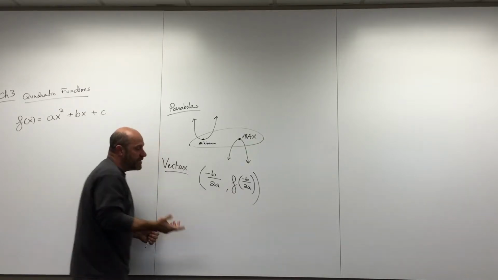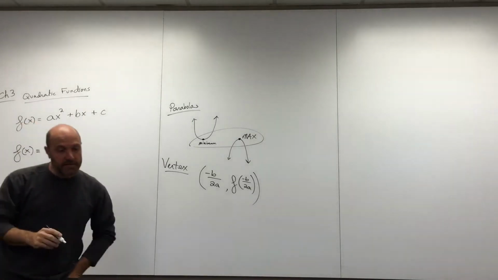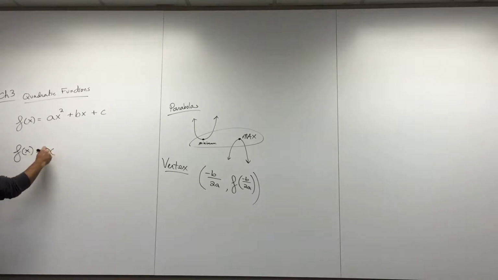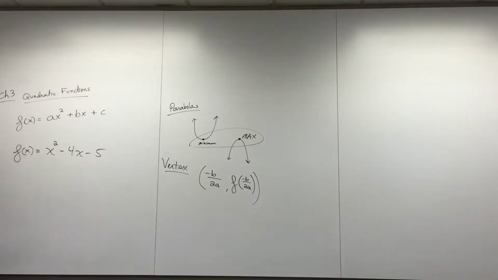All right, let's do one. Right off the bat, let's do an example. Here's an example: x squared minus 4x minus 5. And I want a lot of things, you guys. This is my typical question. I would like the vertex listed as a point. I probably want the